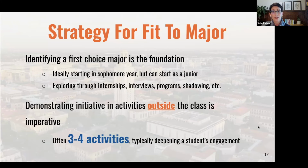And if he couldn't shadow someone, at least he could talk to them, like in an informational interview. Those are great ways to find out more about a career. And for younger kids who are shy or hesitant to talk to adults about their jobs, I love to encourage families to do this together by inviting people over for dinner or meeting someone, a colleague or someone you know professionally,